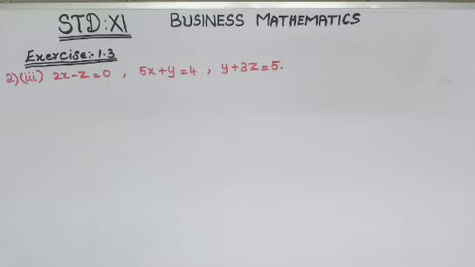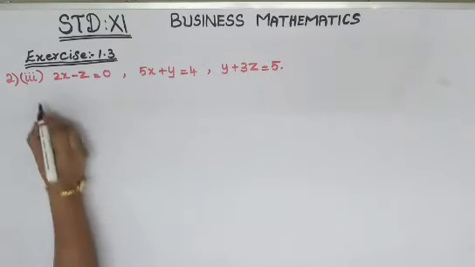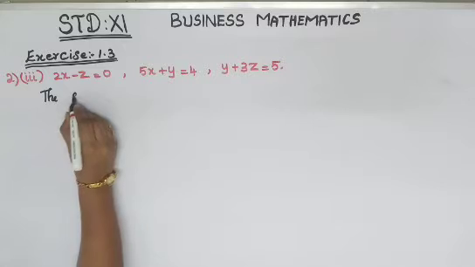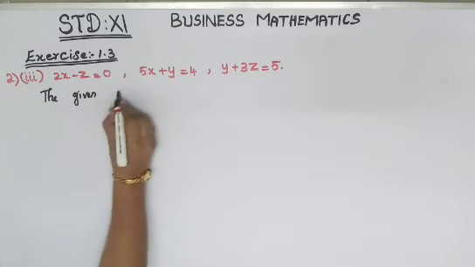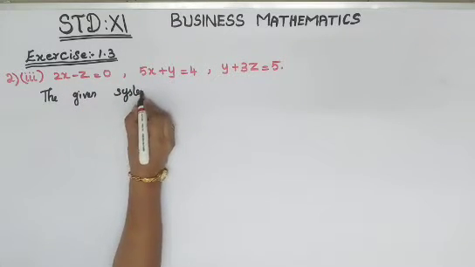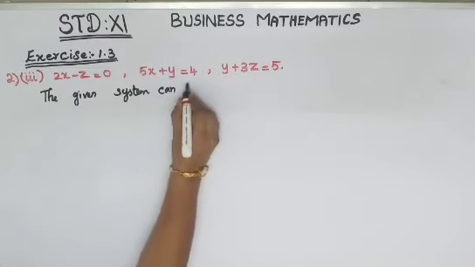Standard 11th, Mathematics, exercise 1.3. Second question, third subdivision: 2x minus z is equal to 0, 5x plus y is equal to 4, y plus 3z is equal to 5. So, the given system can be written as,